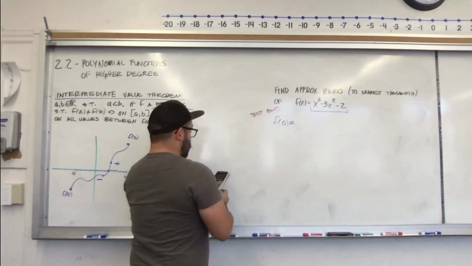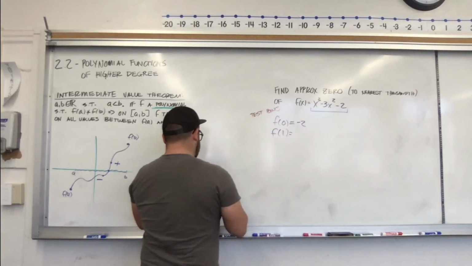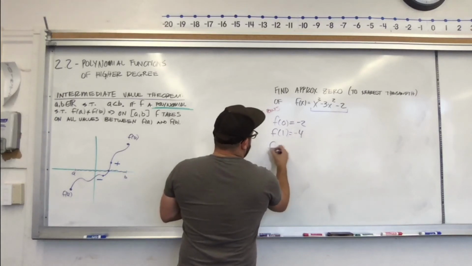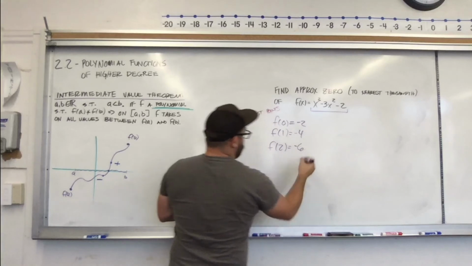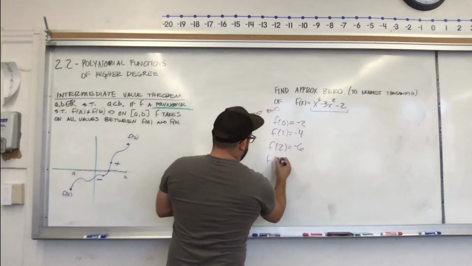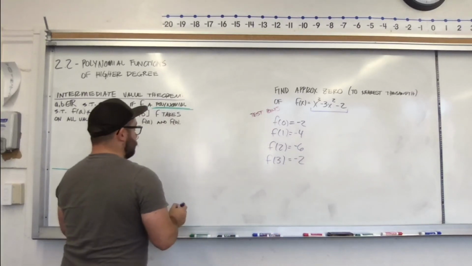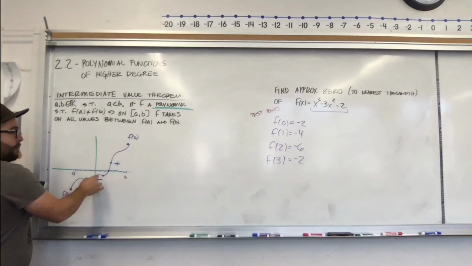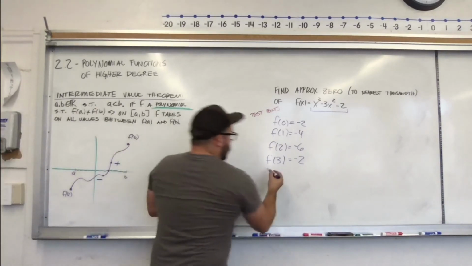We're going to start at f of 0: -2. f of 1: -4. f of 2: -6. So we're slowly going down, down, down. Maybe we're going in the wrong direction, but we'll test a few more. f of 3, we're now back at -2 again. So if this is our graph, we start lower, lower, lower, and starting to come back up. We'll continue it. f of 4,